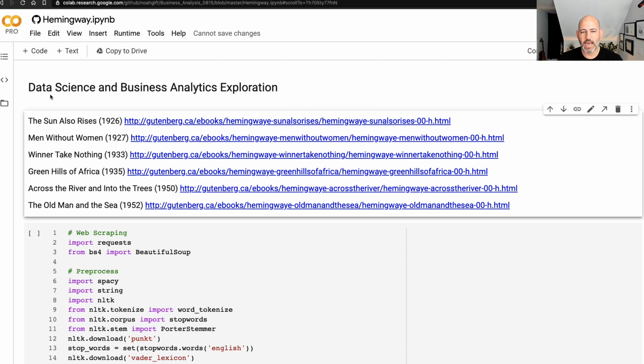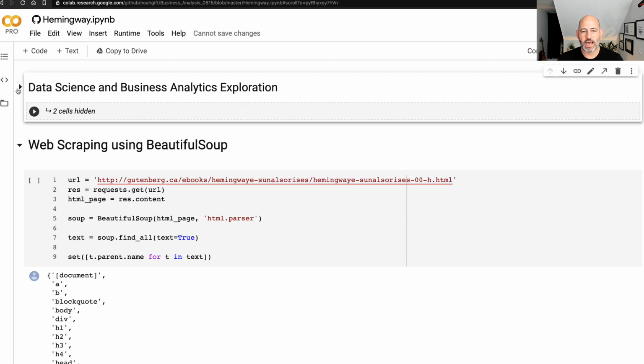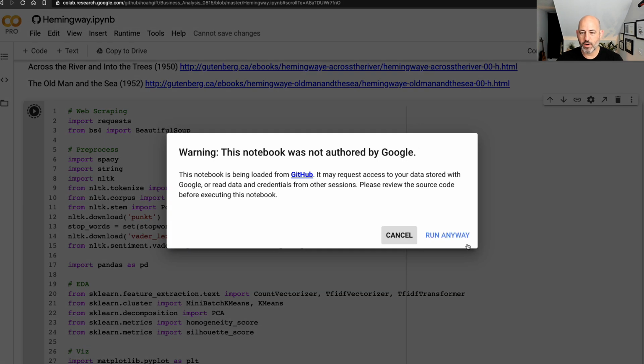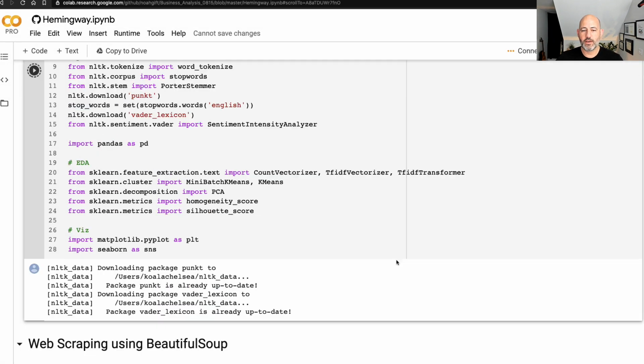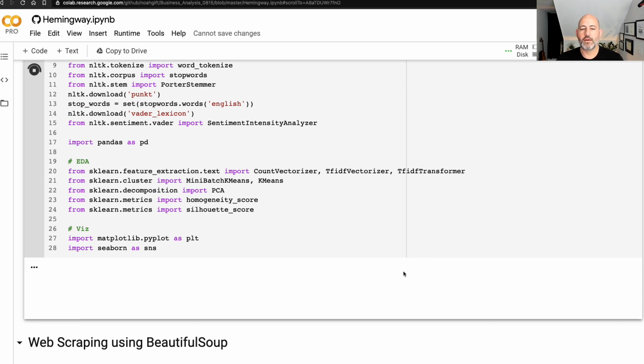And then I like to nest things down as well, so I can kind of hide things like this. So here we go. We've got this, and then from here, this is the section where she goes through and grabs some initial imports,